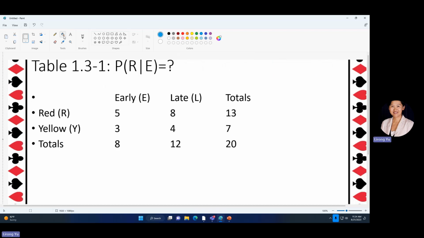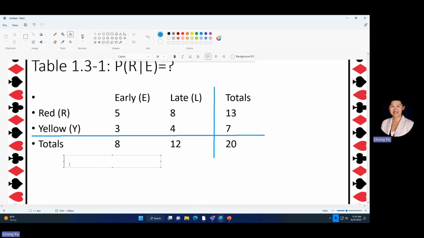Okay, we can probably add a little line to separate them. So you can see on the margin we have totals. If you forget about the total, we are looking at individual cases. I like to think of them as the joint event and the simple probability. For example, if you want to calculate a simple event, such as the probability of